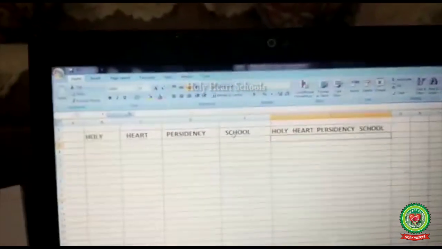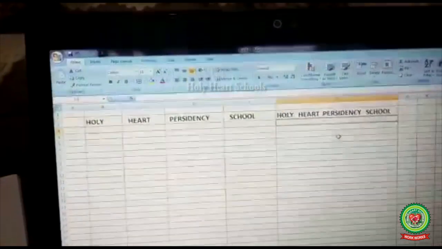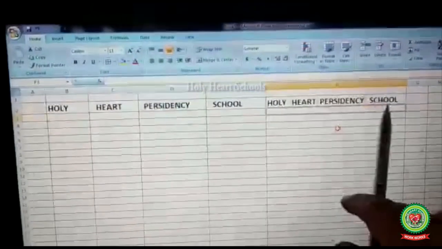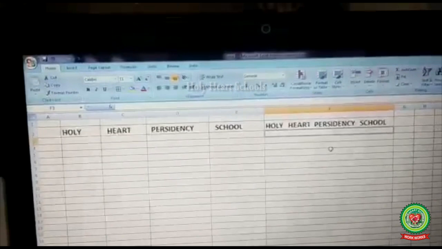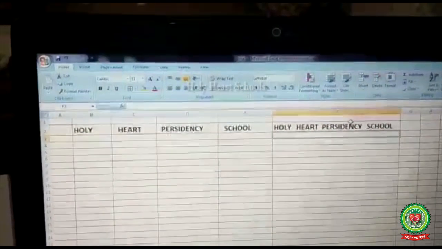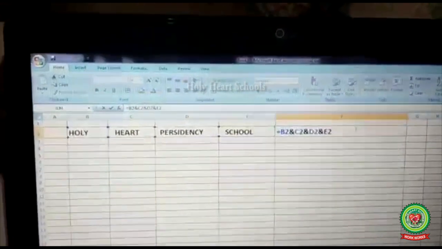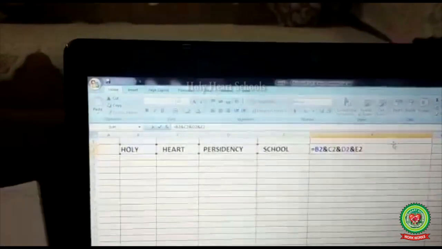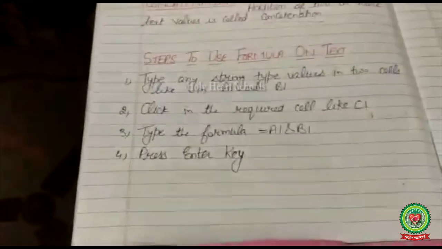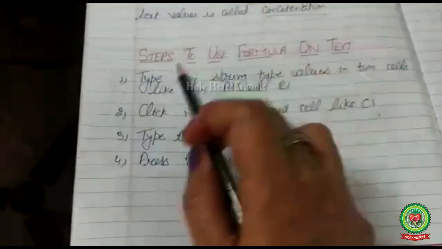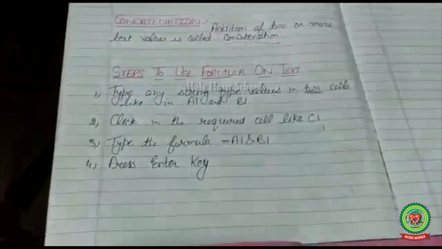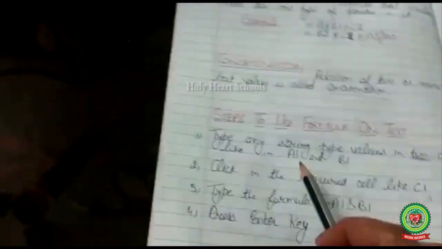Now you can notice that all the string values in the cells are concatenated. That is known as a text formula. I applied the formula on the text value with the help of this and symbol. The and symbol is used to concatenate the string values. I will tell you the steps also: type any two string values in two cells, or as many cells as I require, like A1 and B1.